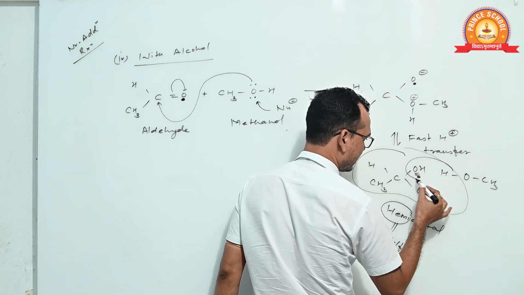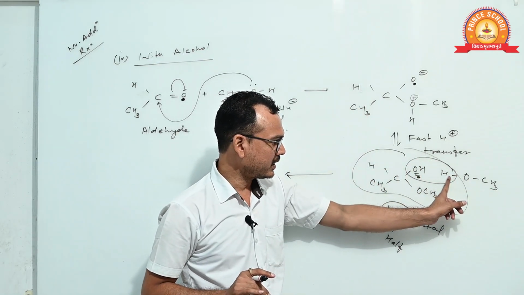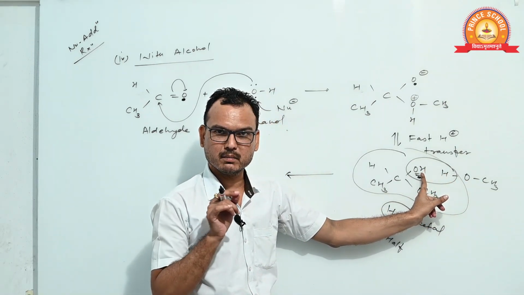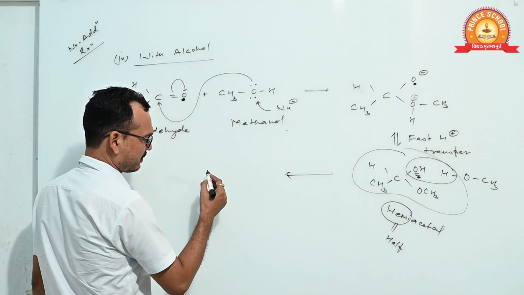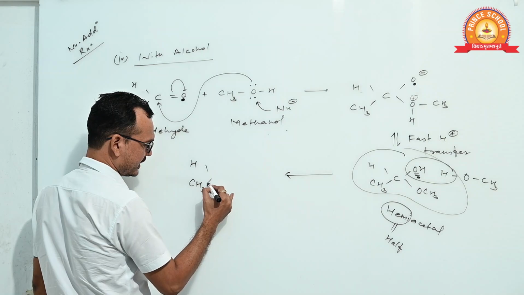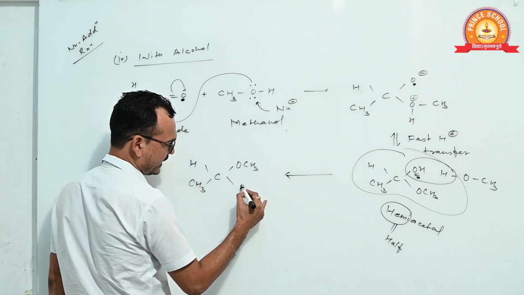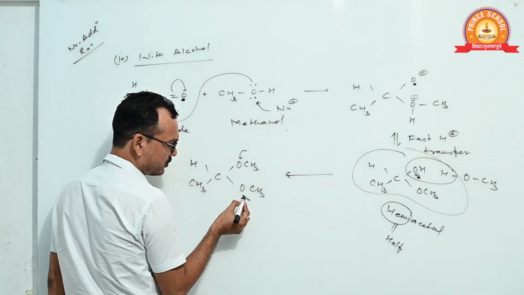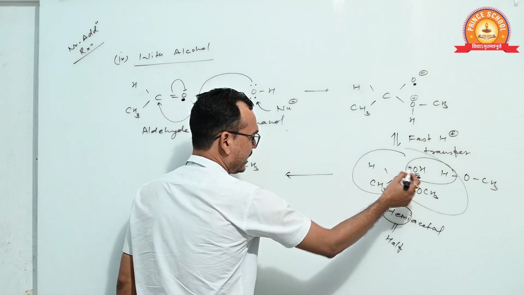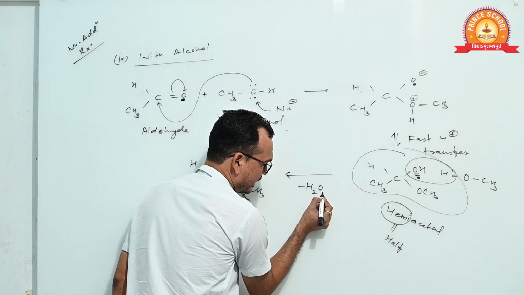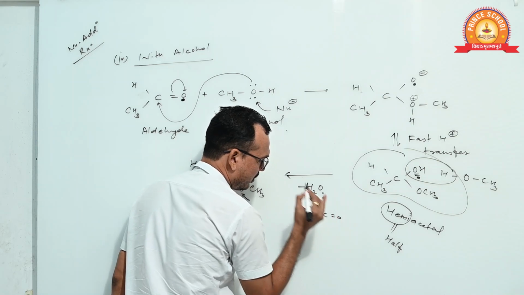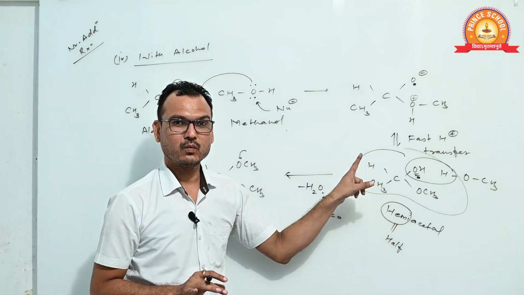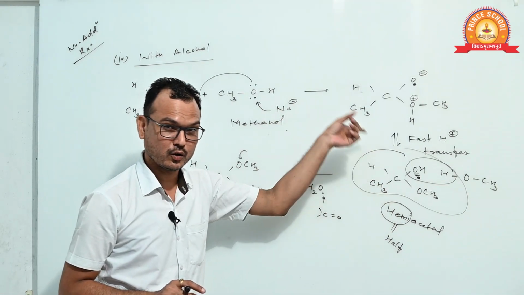It gives the OCH3, and this H goes to this OH and minus H2O is liberated from the reaction. Then it gives the CH3, CH, OCH3 and OCH3. This oxygen is part of the alcohol. This oxygen is also part of the alcohol, and the water molecule contains the oxygen of the C double bond O. Clear? It means hemiacetal contains the oxygen of the carbonyl.